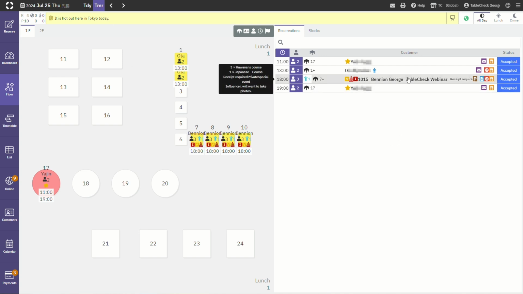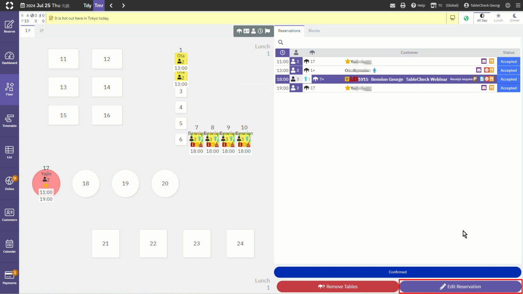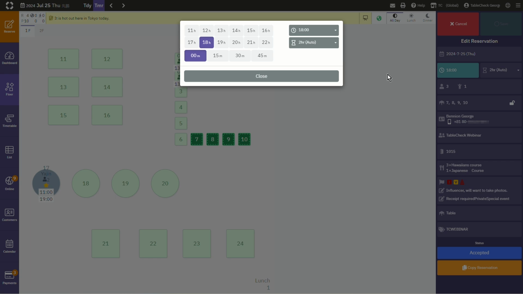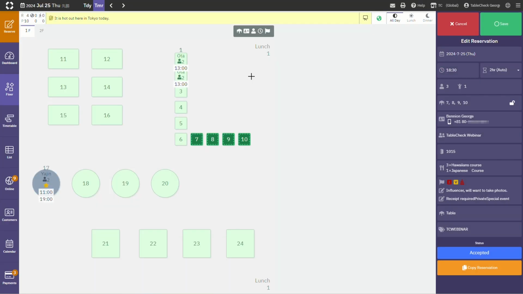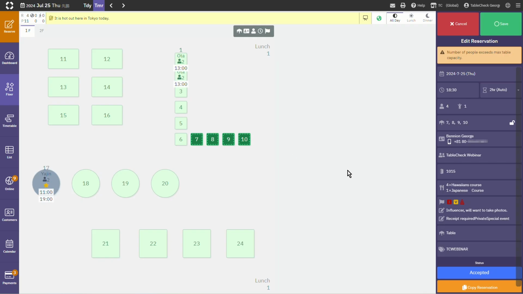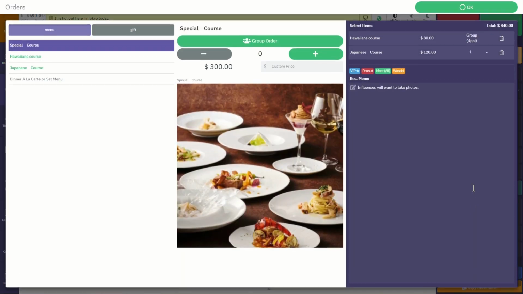Select the reservation in question, then click the Edit Reservation button. The reservation edit form will appear on the right. Edit the necessary fields, changing the time from 1800 to 1830 and changing the number of adults from 3 to 4. If you had added menu items for all adults using the Group Order button when creating the reservation, the